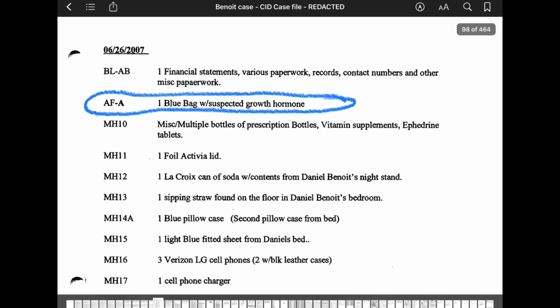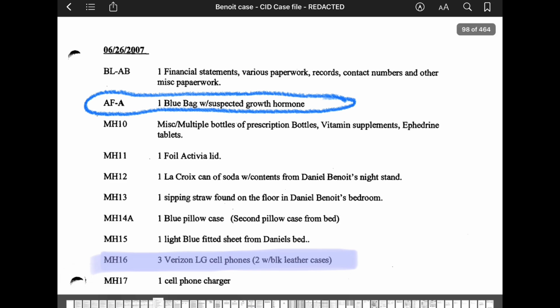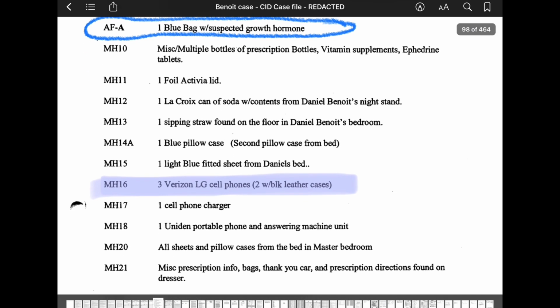3 Verizon LG cell phones, 2 with black leather cases. So there you go. All you guys who are interested in the cell phones, they found 3 Verizon LG cell phones, 2 with black leather cases. And from my understanding of reading the documents, they never specify whether 2 were Nancy's, 1 was Chris's, whether 2 were Chris's, 1 was Nancy's, or how exactly that worked out as far as who was using those phones. All it says is that 3 phones were found. Well, 3 cell phones anyway. 1 cell phone charger, 1 United portable phone and answering machine unit,